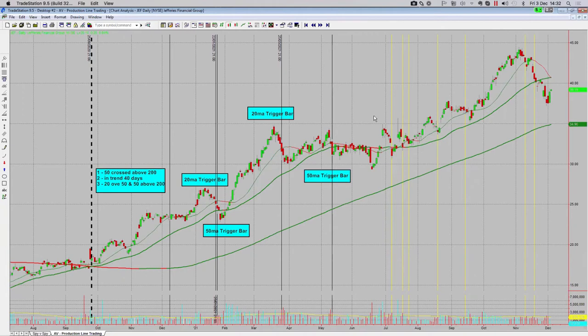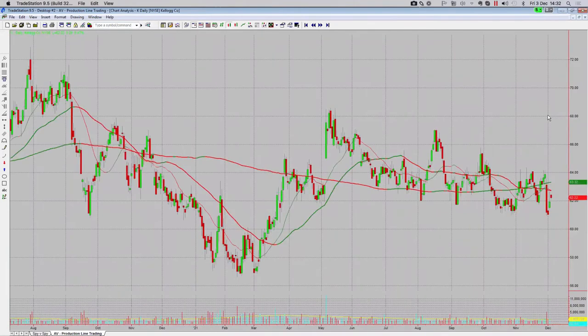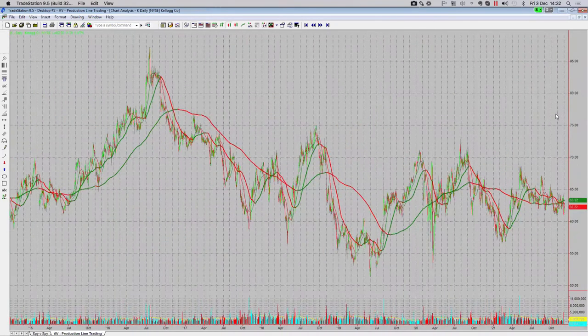Like Kellogg's, everyone's heard of Kellogg's. I'm sure we've all, at some point in our lives, ate the breakfast cereal. But just because it's well known, it's liquid, it's highly tradable, is it worth flogging a dead horse, essentially? If you think about what the market has done since 2009, we've been in a raging bull market. What's Kellogg's done? As my dear old beloved Pappy used to say, what is it? SFA, Sweet Fanny Adams. It's done nothing, despite the huge trending moves.